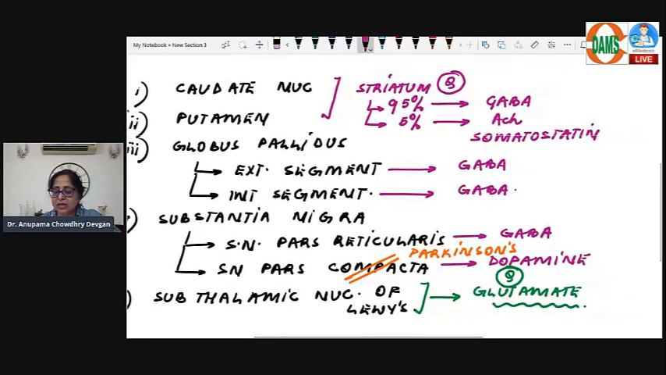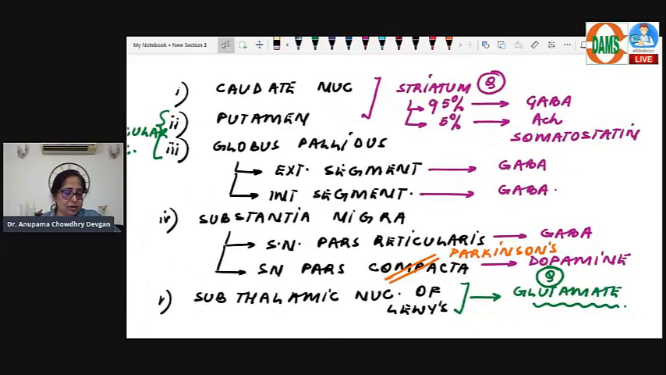Right? Okay. So these are the parts of the basal ganglia and the neurotransmitters secreted by these different parts. Now let us see what are